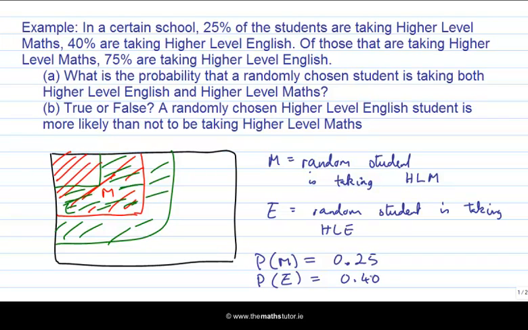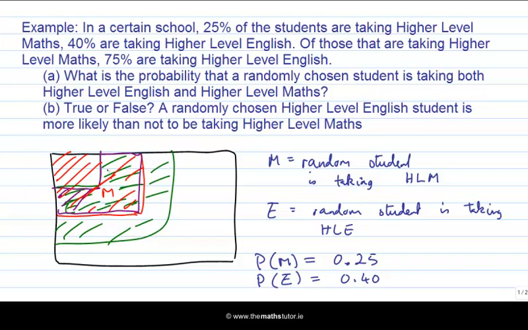Now, what do we want to do? We want to calculate the probability that a randomly chosen student is taking both higher level English and higher level maths. So I'll use another color, it gets a bit messy here, but we want to look at this L-shaped area here,